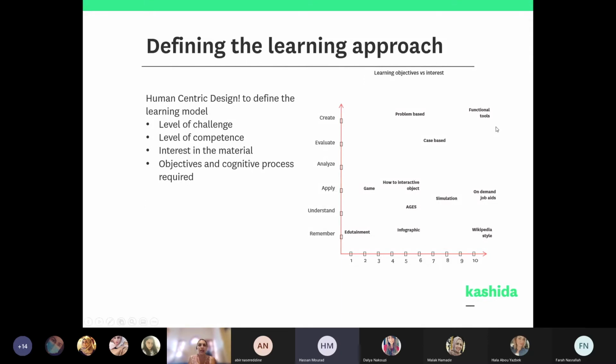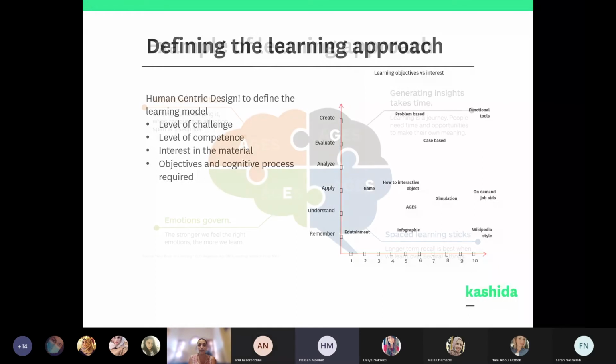And then we also look at the learning objectives, and we use Bloom's taxonomy to see what cognitive process is required on the higher level. So after doing all the enabling objectives or the components, what do they need to achieve? Are they going to be able to analyze something, or do they need to create something, or simply remember steps or a process or understand it?